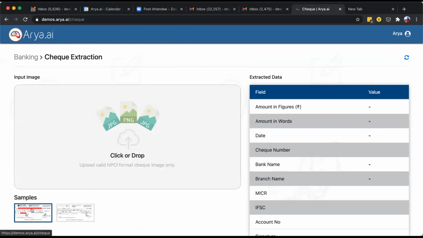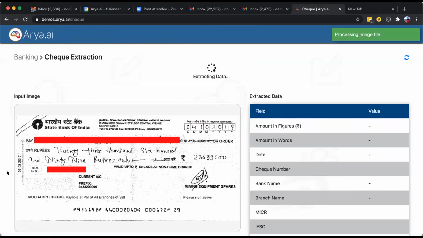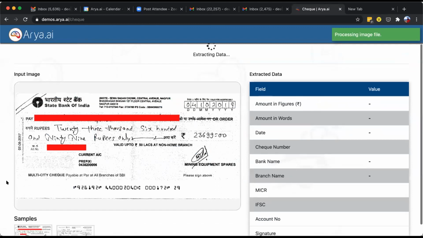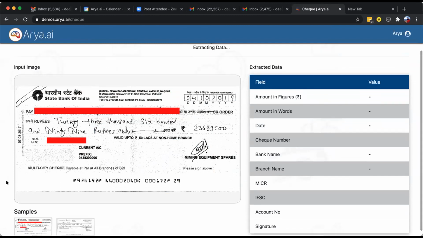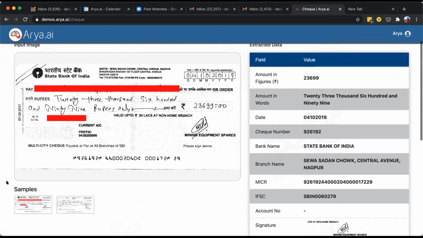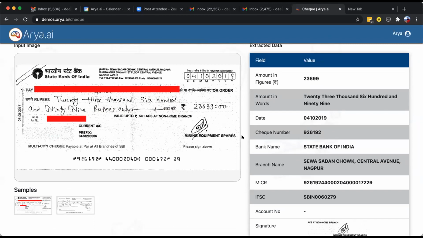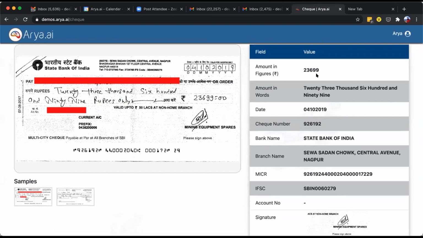So I just upload one particular check randomly. This is how a check normally looks, with a lot of things. All of this is running on a normal Intel based server, which we have over here. That takes at least a couple of seconds. The whole result is displayed on the right side, where we can see amount in words and amount in figures.